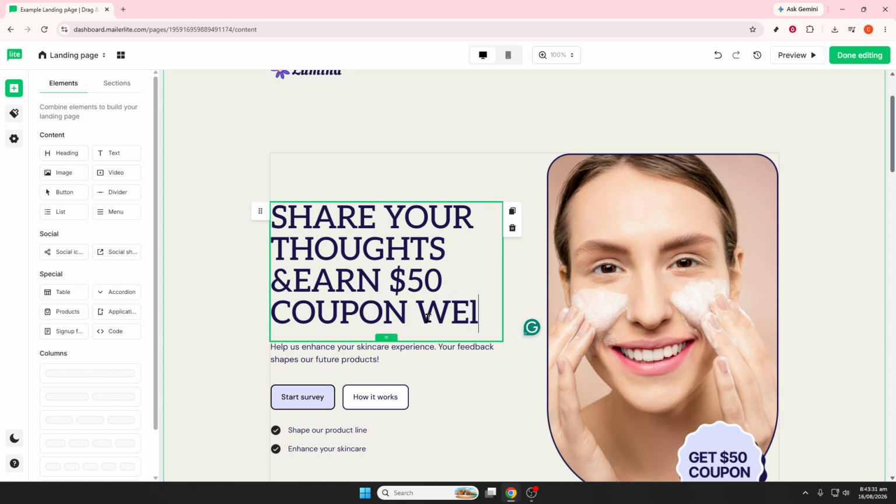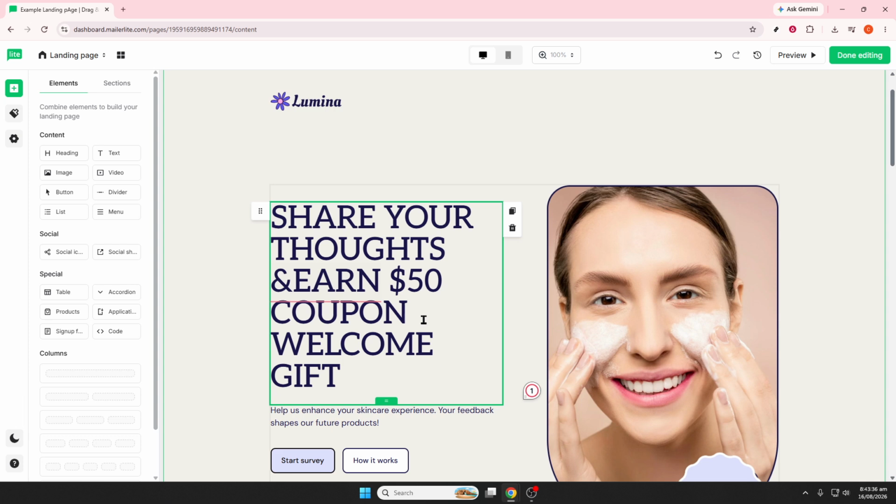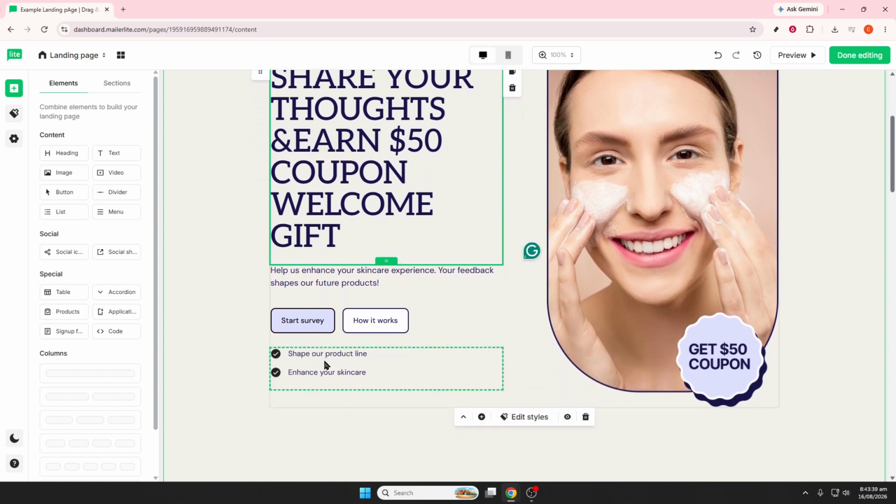Before you activate anything, review the full workflow carefully. Check each email, test your links and images, confirm your subject lines and sender details, and use a test subscriber to make sure everything runs correctly. Once everything looks good, click Activate. From that point on, new